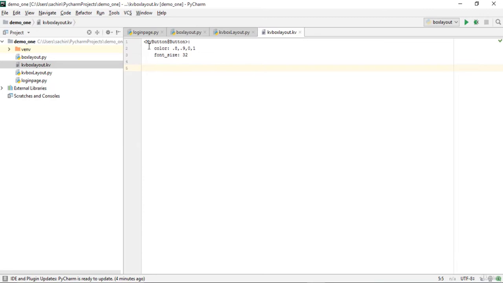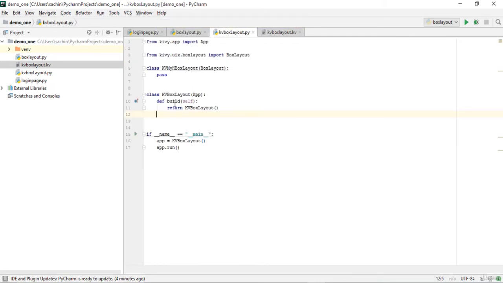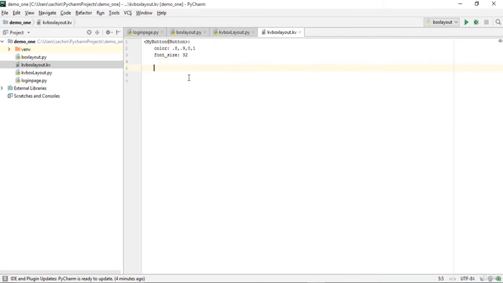And now we have given the color and font size to this button, so our button is ready. So next thing is we have a box layout. So basically if you go over here, we have a box layout, so just give the style for this box